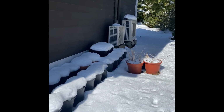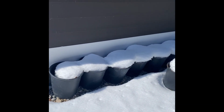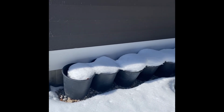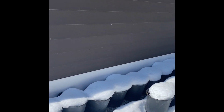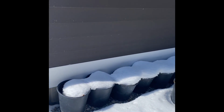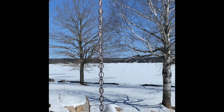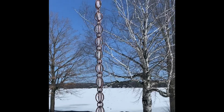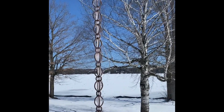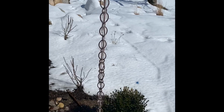So I've got 2 bulb crates full down there, and all of these black pots have tulips in them. And they're frozen, so I can't move them yet. They're stuck to the ground, and they're heavy. But hopefully it won't be too long and I will be able to move these and put them in position. So hopefully that experiment works this year. All right,